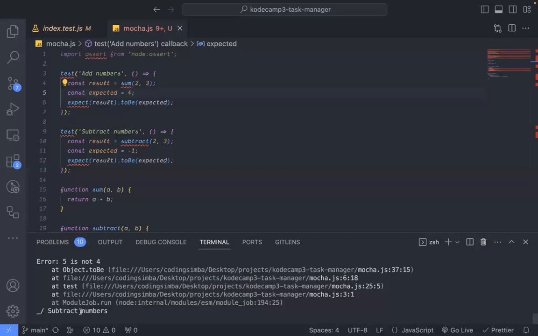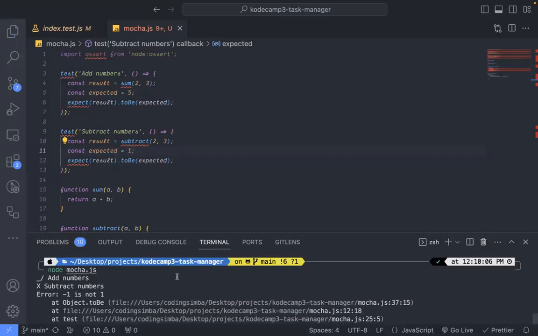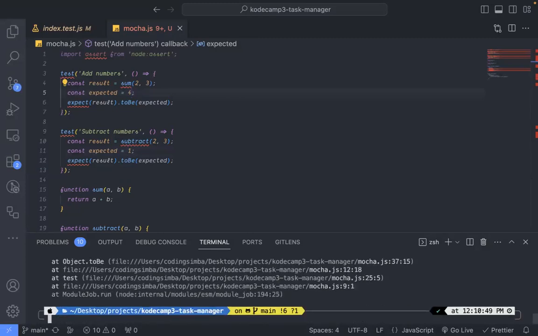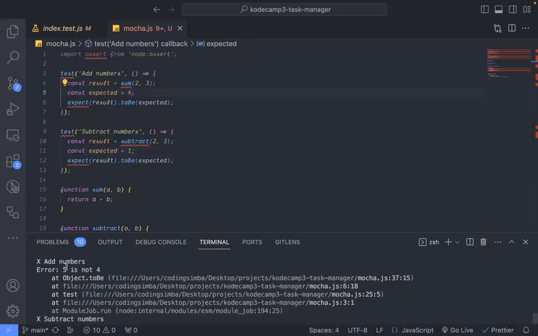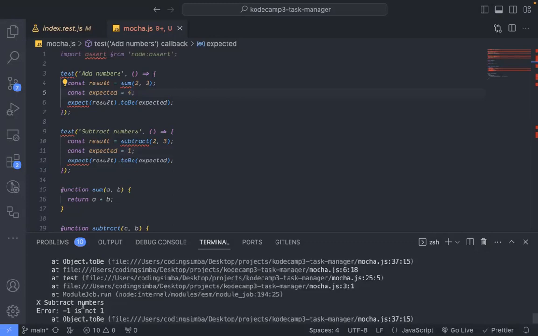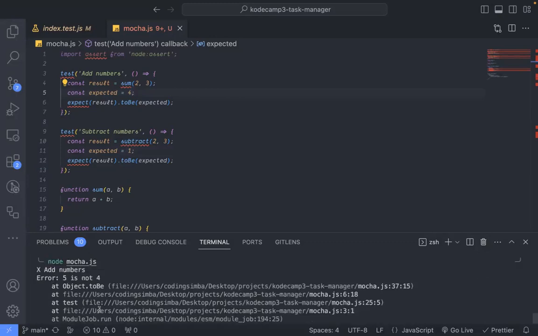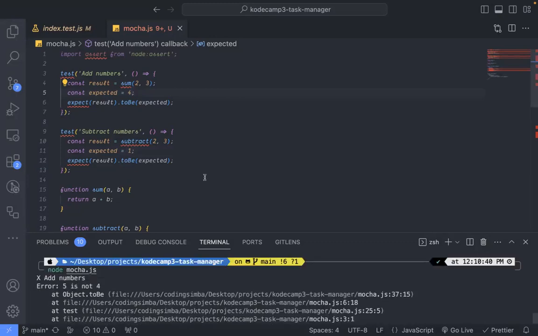The subtract numbers is passing. So if we come here now, we change this to 5. Come here and change this to 1, and run our test. Now we can see the add numbers is passing and the subtract numbers is failing. So we can change it to 4 and see both fail at once. Run test. And we have add numbers failing, subtract numbers failing with error messages: -1 is not 1, and 5 is not 4. So this is great. We've successfully built our mini